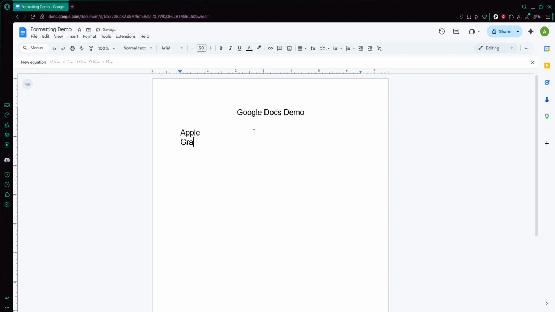Once your text is ready, the first thing you need to do is highlight the text in Google Docs. To do this, move your mouse to the beginning of the first line you want in your list. Click and hold the left mouse button, then drag your cursor down or across until all the lines you want to turn into bullets are selected. You'll know it's highlighted when the background of that text changes color, usually to a light blue or gray depending